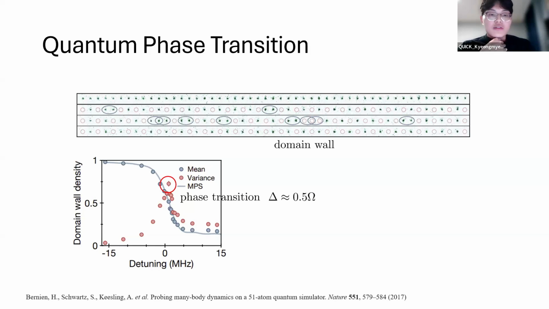And in this case it would be delta equals 0. But for a finite system like we have here, the correlation length is limited by the size N. So the system requires a larger detuning to reach the same level of critical fluctuations. And this results in the critical point appearing at some value that's larger than the critical value of the detuning.